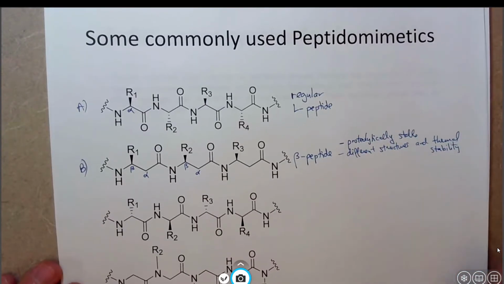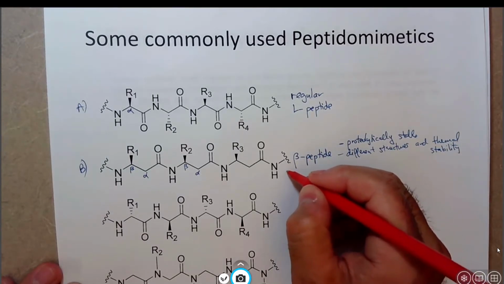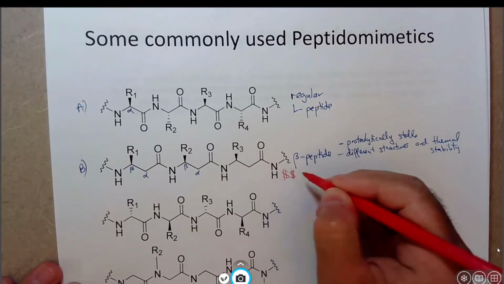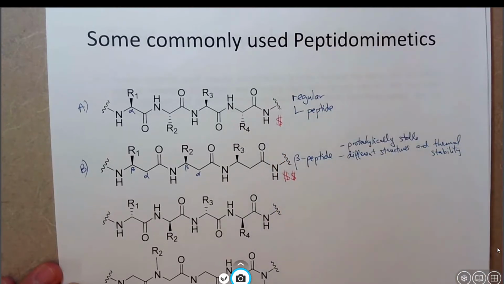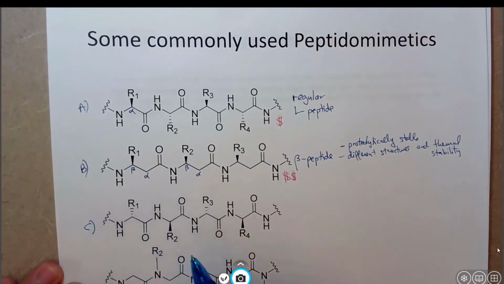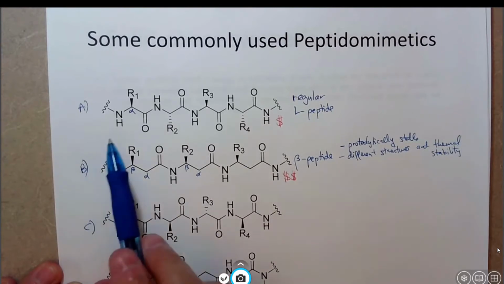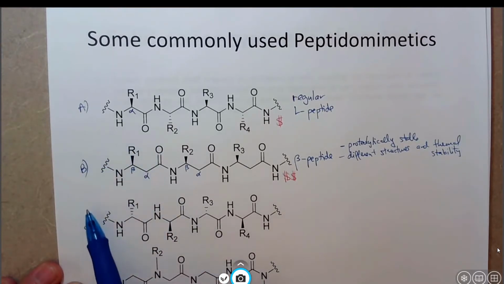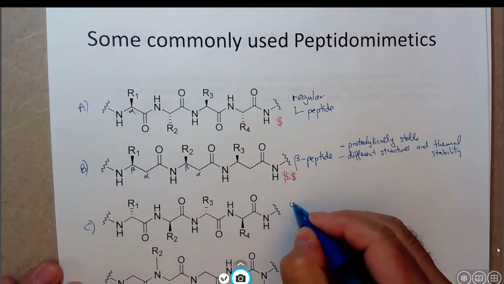One of the drawbacks to beta peptides, however, is that they are not naturally abundant. They are difficult to synthesize. So to buy the basic beta amino acid building blocks usually requires some significant investment in money, whereas L peptides are fairly inexpensive. So moving on, if we look at structure C, you can see here that it looks very much like A, except we have inverted the stereochemistry, and in fact, it's a mirror image of A. So here you have a regular L peptide, here you have an unnatural